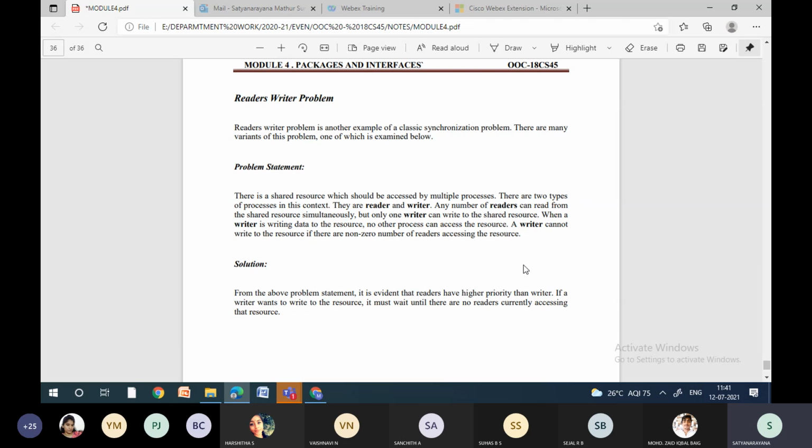So if there are no readers, then the writer cannot write it, because when the writer is writing it, it is a reader who will be reading it. See, same example you can take. Now I am explaining it. There should be some audience who will be listening to it. Then only if I write something, you are able to consume it, right?